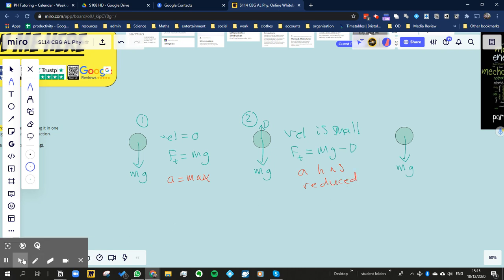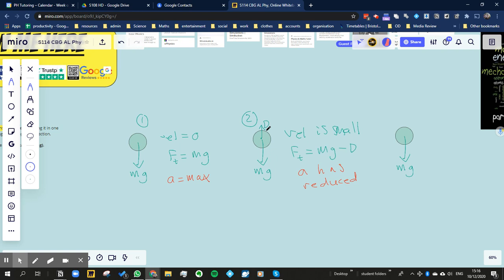This is the idea that a lot of people struggle with. They say, well, when I let go of something, I don't ever see it just staying there, even for the smallest amount of time. So the idea is it immediately starts speeding up, but it speeds up from 0. The very instant you let go of something, it's 0, and then immediately it starts to speed up. So the velocity is 0 and then the velocity is small, but because it's faster than 0,